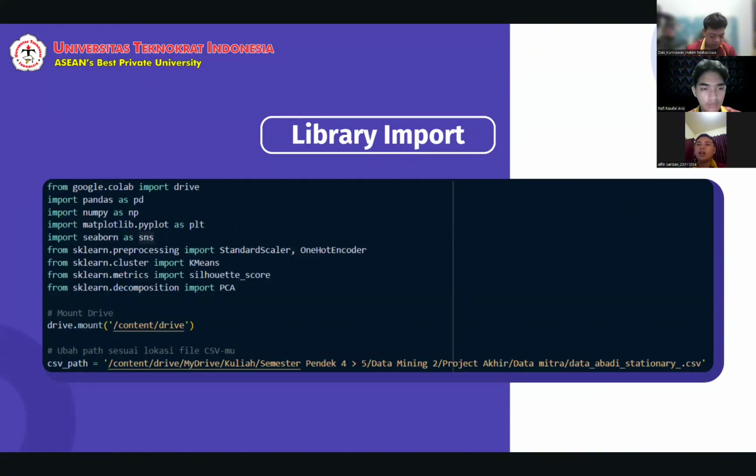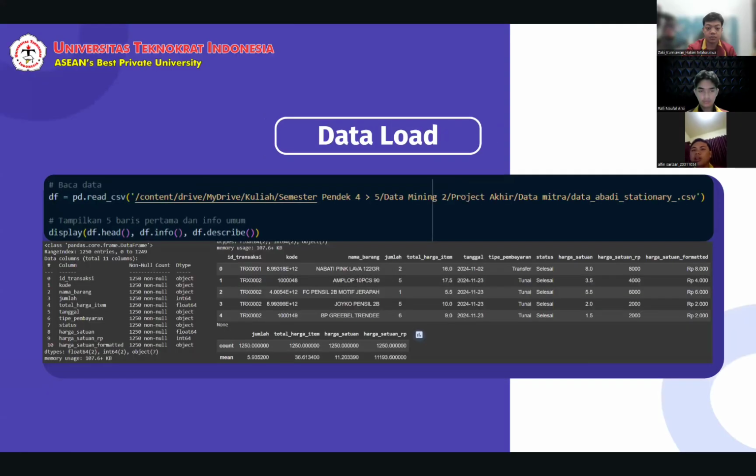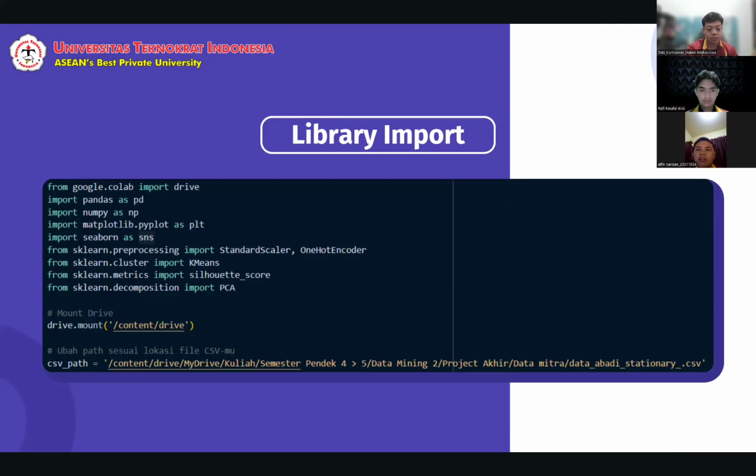One, import libraries. This activates Python libraries such as Pandas, NumPy, Matplotlib, Seaborn, and Scikit-learn, which are needed for data manipulation, visualization, and K-means modeling. Three, determine file path.